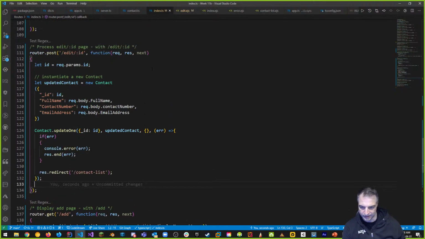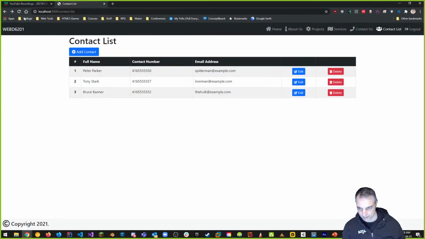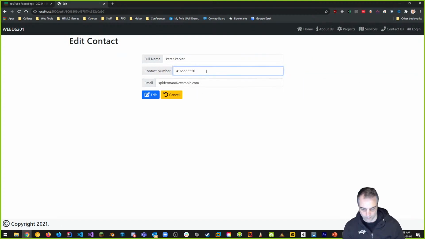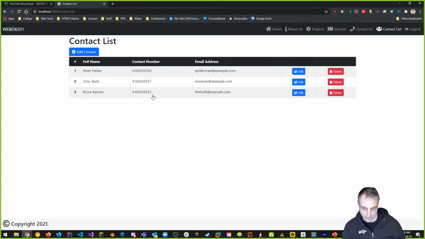So that is my edit, and it should work now. Let's see if this totally works, just the way I've coded it here. So this is my processing of the edit page. Going back, I refresh, and I want to edit Peter Parker's number. So it says instead of 550, it's 51. Okay, so edit. I got Peter Parker. I'm putting in 1, clicking the edit button, and oh man,